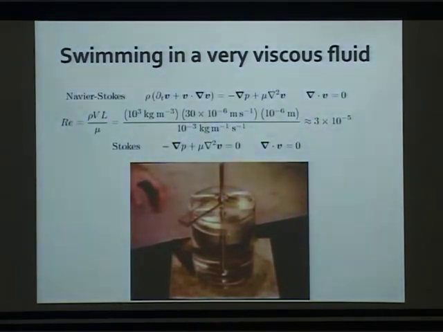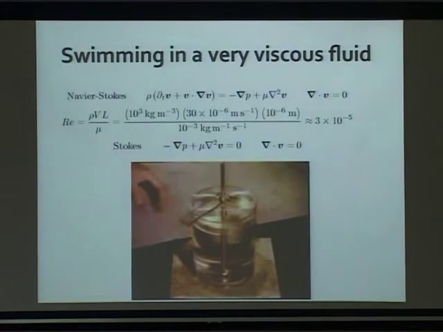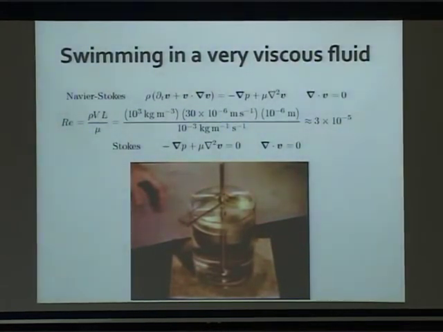Then we moved from the population level to the single-cell level, and now we're trying to understand the physics experienced by a cell at the micron scale. The first observation is that at those scales, water looks like a very, very viscous fluid. This is a very different physics of fluids from the one that we experience every day. And one particular effect is that fluid flow